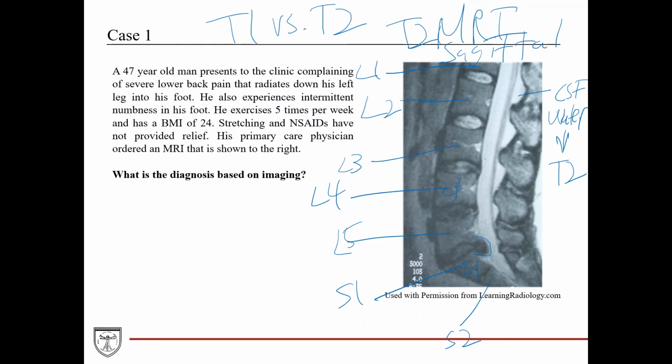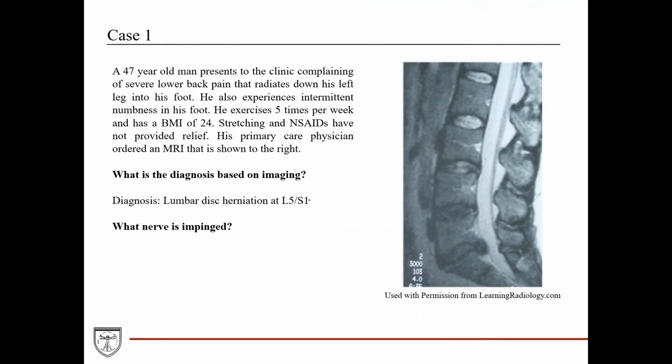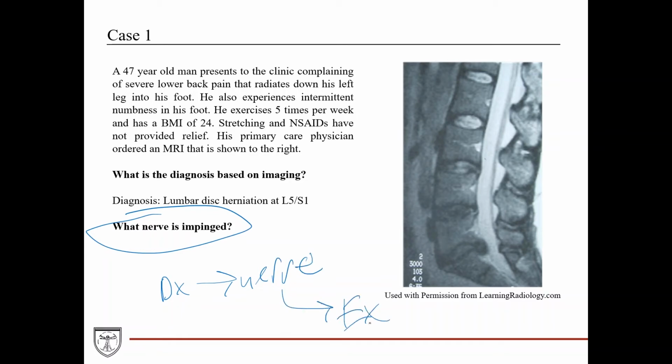So, and then if you look at the levels here, it's between L5 and S1. So it's a disc herniation at the L5, S1 level. So here's the diagnosis. We have that now. Now we need to figure out what nerve is impinged. So we need to do diagnosis, nerve, and then based on the nerve, then we can know what the exam is going to be. Because the exam, especially on these USMLE exams, is going to